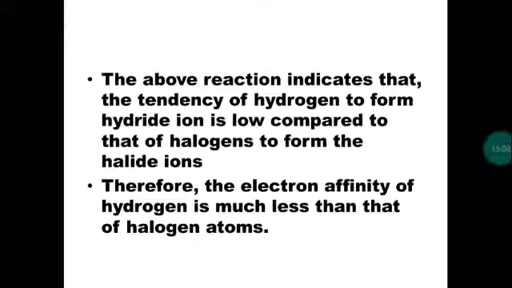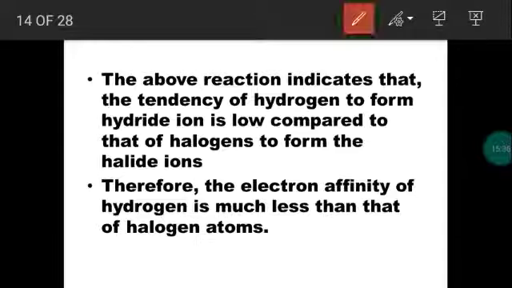Even though hydrogen behaves like halogens, the electron accepting tendency of hydrogen is very low. Halogens have a high tendency of accepting an electron, where the electron affinity value is high. As we know, electron affinity and electronegativity increase from left to right. So halogens have a high electron accepting tendency and high electron affinity value, but comparing to halogens, though properties may be similar, the electron affinity value of hydrogen is too small.